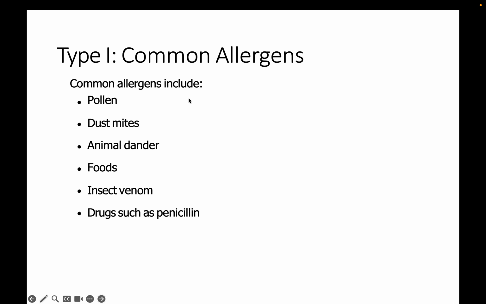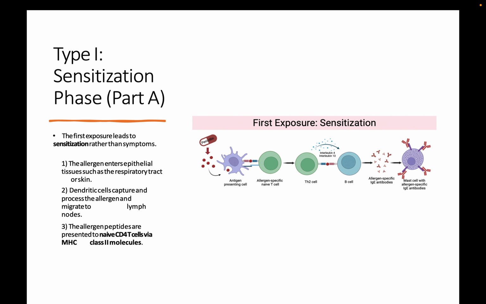These allergens could be, as I said, pollen, dust mites, animal dander. These are components that you see in animals, be it from a cat or a dog, you name it. This could be foods, for example, like peanuts. This could be insect venoms or drugs like penicillin. For some reason, we are actually very sensitive towards certain antibiotics, and one of them is the penicillin family class. So as I said, there always has to be a